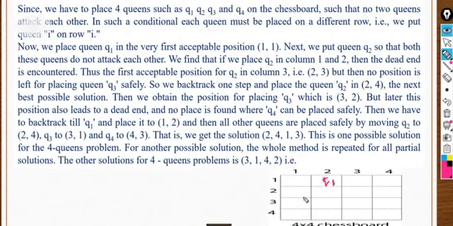Now what will be the scene for q2? Q2 cannot be there, because the diagonal is there, the same column is there. Now q2 you can place over here. Now what about q3? You can assign q3 here, yes, because there is no problem, right? You cannot assign q3 here because of the diagonal and the same column, right?